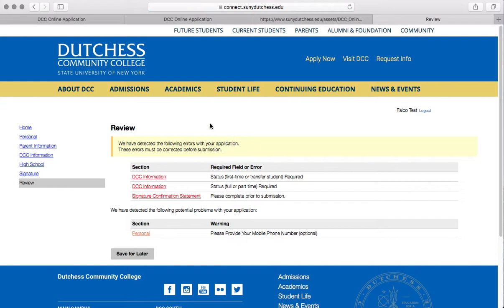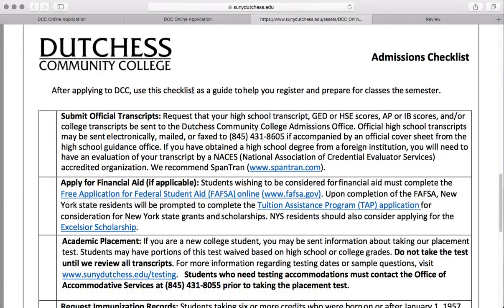And then lastly, you'll come to this review page. If there's anything that you've missed, it will prompt you to it so that you can click back and fill it in. If you don't have the information available now, you can click on Save for Later and then log back in. Once you've completed the application, it's going to bring you to a page that's going to provide you